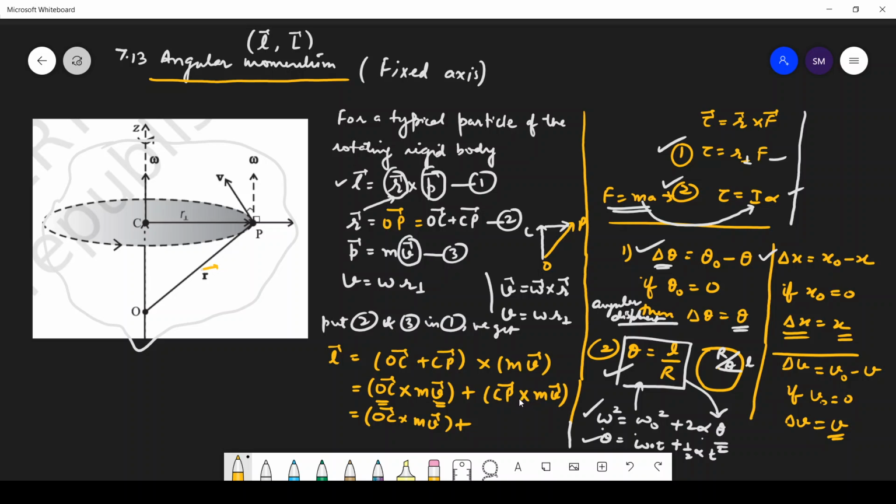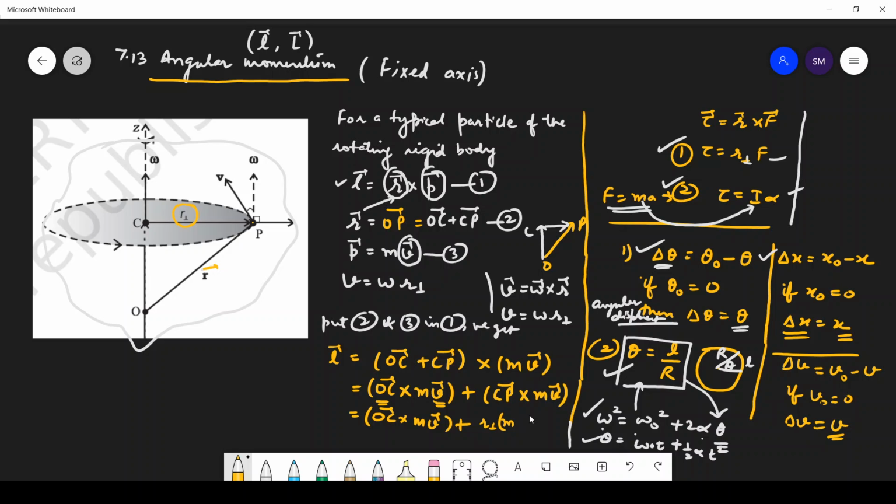So, putting the values, Cp. What is Cp? Cp is your R perpendicular. R perpendicular means the distance between the axis of rotation and the point P, that is, the particle under consideration at point P. So I can write Cp as R perpendicular into M